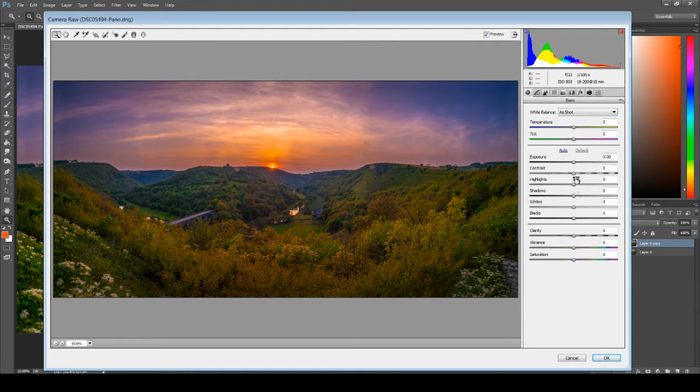And we might bring the contrast up a bit, and the clarity, maybe a little bit of exposure. It's looking a bit better,